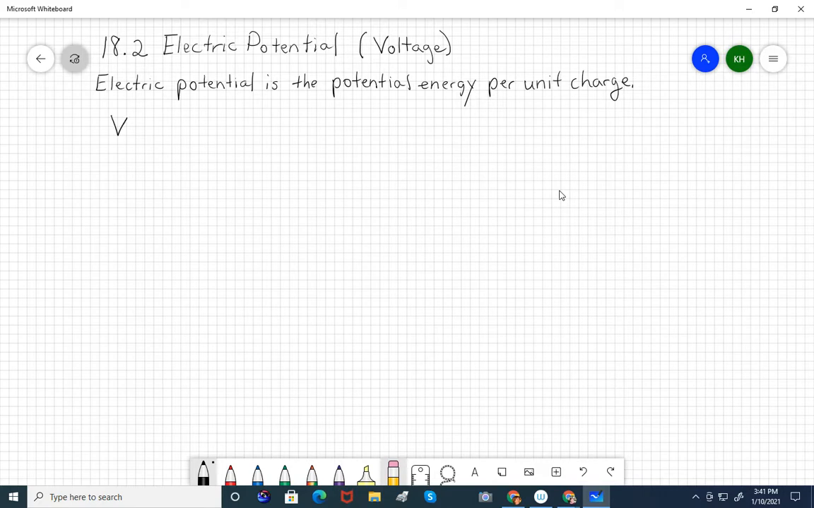As a formula, we would say that the voltage, the symbol for electric potential is a capital V, is equal to the potential energy divided by the charge. This quantity is scalar, and it can be positive or negative. One of the reasons we use voltage is because electric fields and electric forces are vector quantities. It's harder to work with vector quantities than scalar quantities, so voltage makes some problems much easier. The unit, of course,